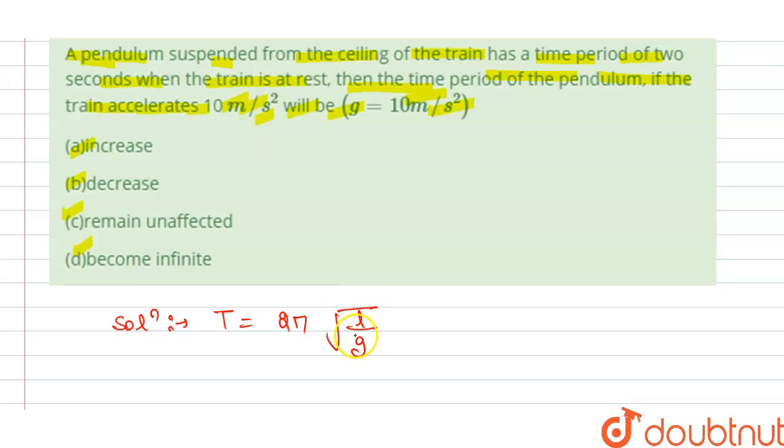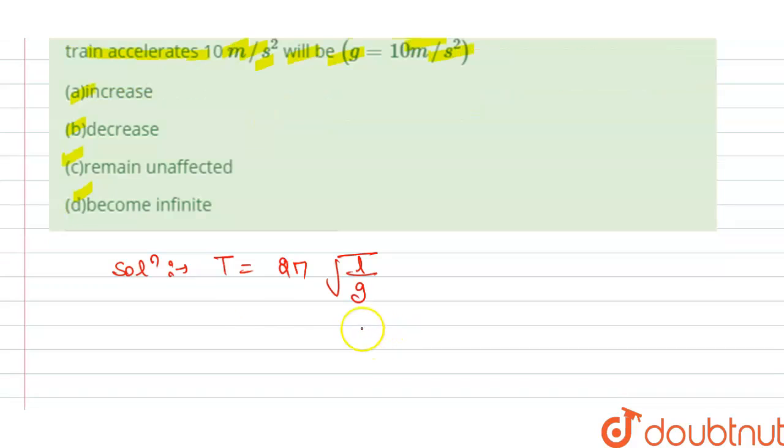Here m is the mass of the pendulum and the time period of the pendulum is T. So let mass equal m and time period equal T. From this we have the time period for the pendulum, and when the train starts accelerating with